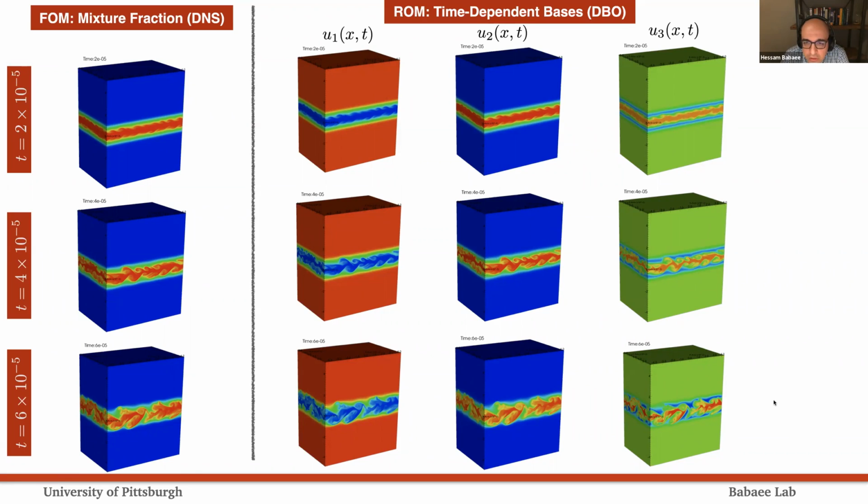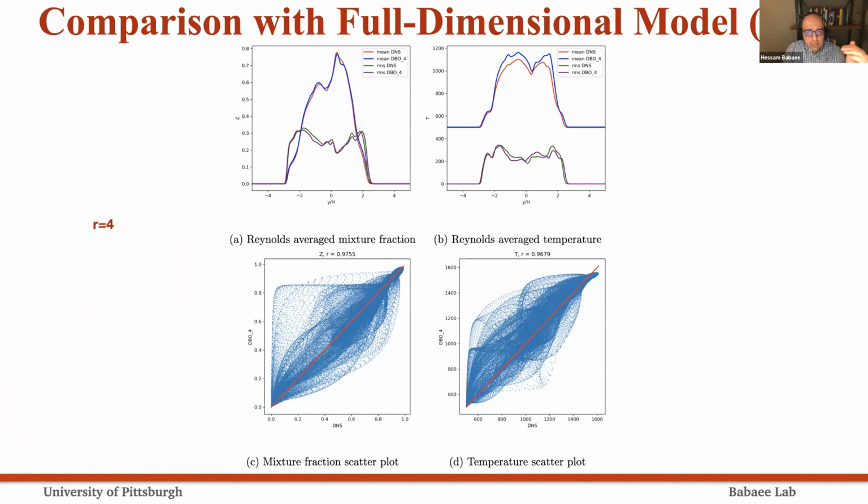These are all qualitative results. Let me show you some quantitative results. Here, this is an RMS comparison for reduction order 4. Remember, we had 11 species, and here we also include the energy equation as another species because it has the same form equation. So we are going from 12 to 4. And let me remind you, this system is already reduced to the maximum possible for the 11 species, and so any further reduction is a gain.